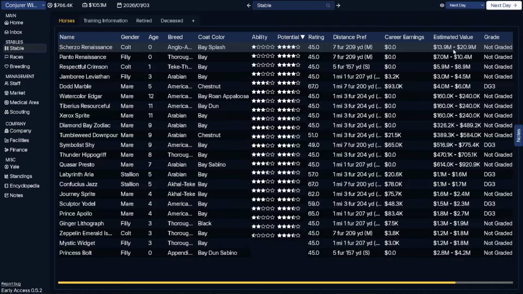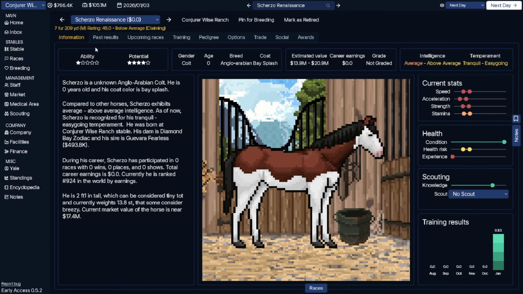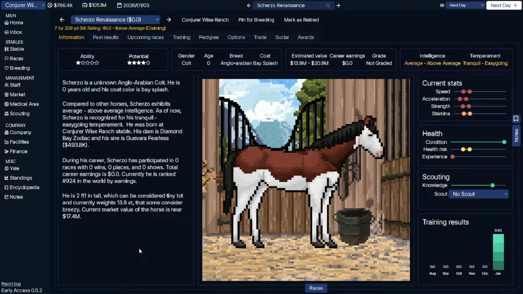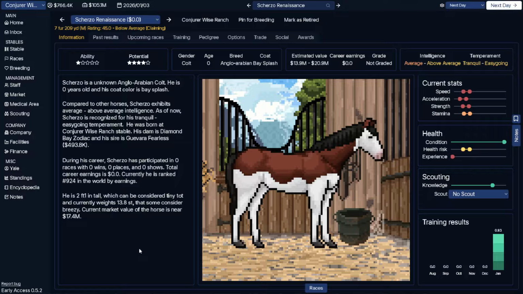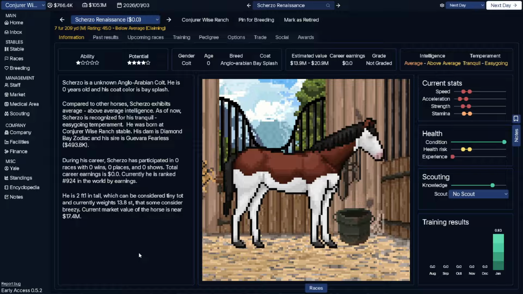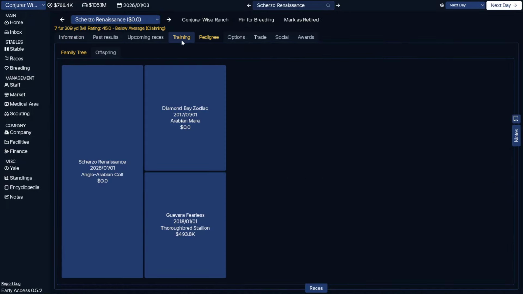Oh my god. The estimated value in this horse is mad. Absolutely mind blowing. Average to above average intelligence, tranquil to easygoing temperament. They're not particularly good right now. But he's a tiny tot. A little breezy physique. His dam is Diamond Bay Zodiac. His sire is Guevara Fearless. An Anglo-Arabian colt. He's got a bay splash. And he is